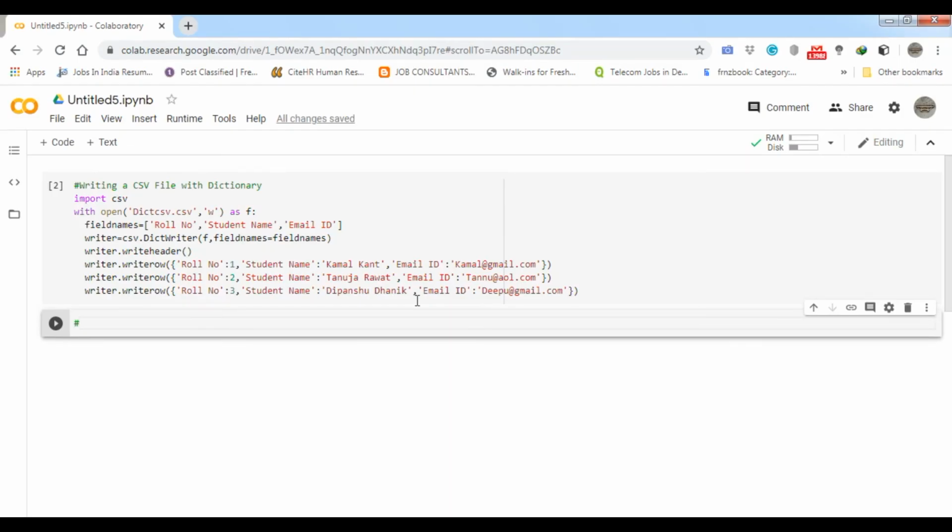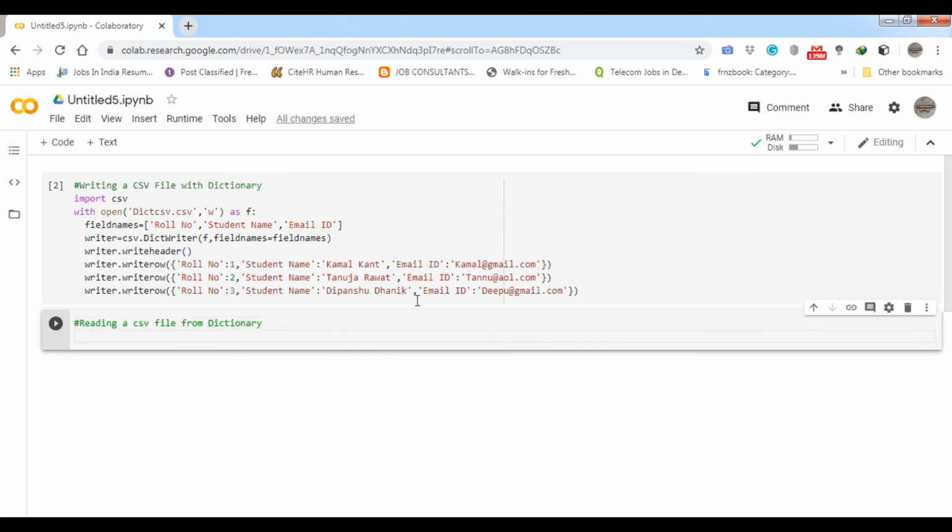So we will do the same thing. Reading a CSV file from a dictionary.